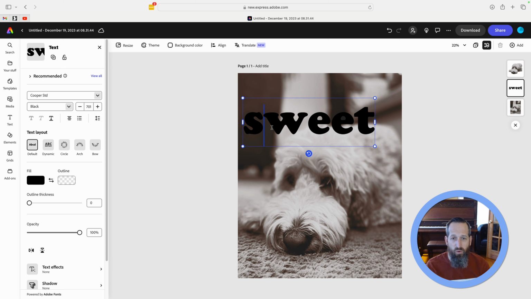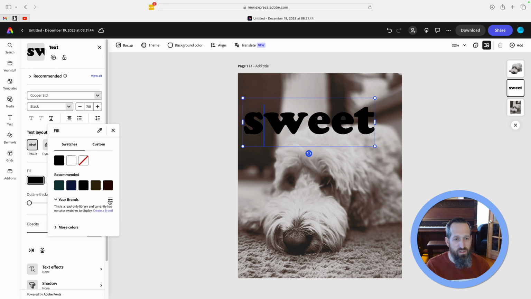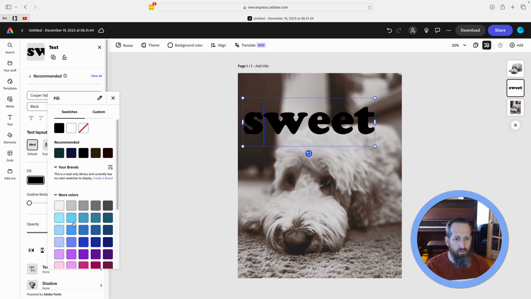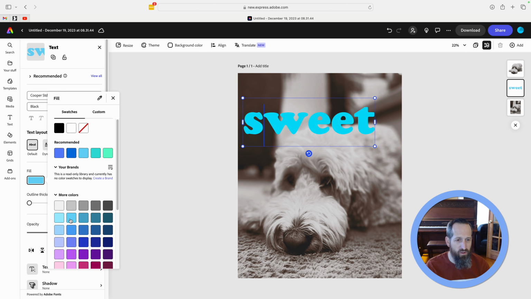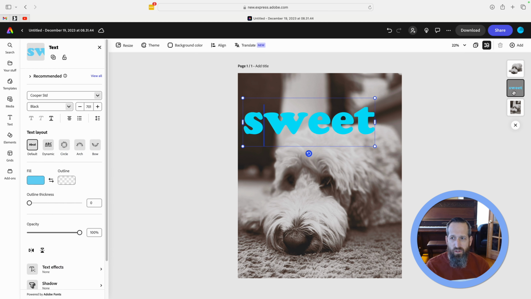The last thing you're going to do, once you have the text placed where you want it and sized correctly, is come over where it says fill, and play around with the text. We're going to add a little bit of color here. And I'm going to choose a neat color. See how the text will pop out on top of the layers when you're adjusting it,